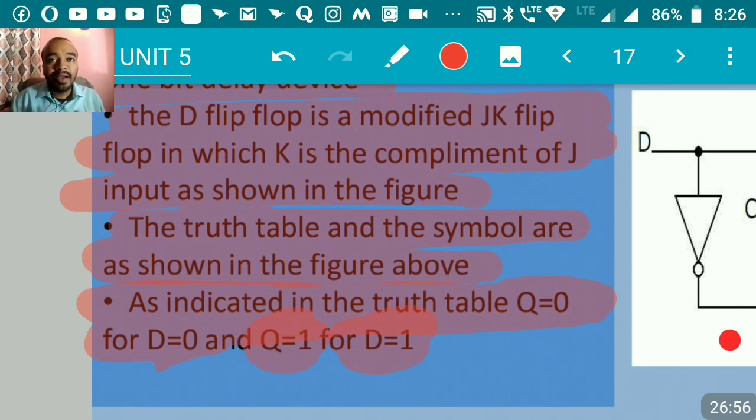In this video, I have tried my best to explain all the flip-flops, like JK flip-flop, master slave JK flip-flop, and D flip-flop, put together into one video. I hope you understood the importance of the logic diagram, block diagram, and the truth table, and how we are going to write the answer from the truth table.